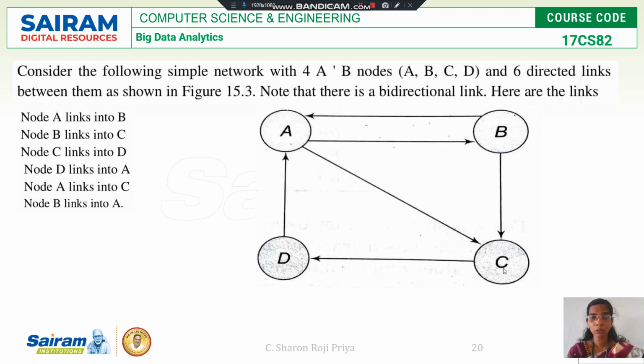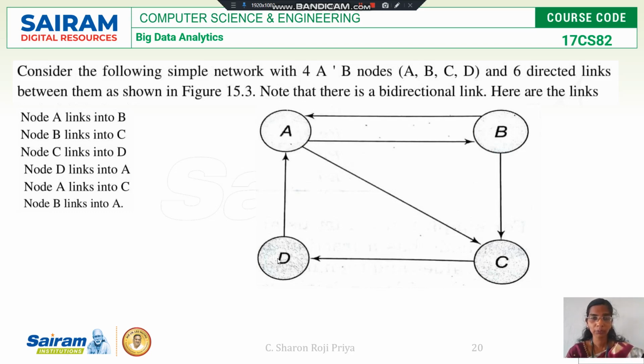Now coming to node C. Node C has only one outgoing edge, so the complete influence of node C is taken by node D. Similarly, node D has only one outgoing edge, so the complete influence of node D is taken by node A. These things you have to keep in mind. What are we doing? We are going to calculate which node has the highest rank in the given network. Now we are supposed to write a few equations.